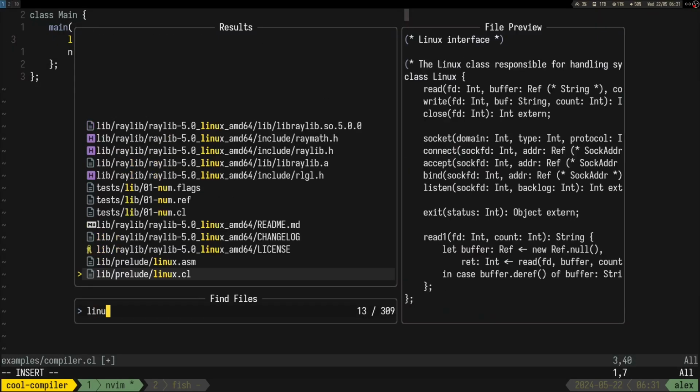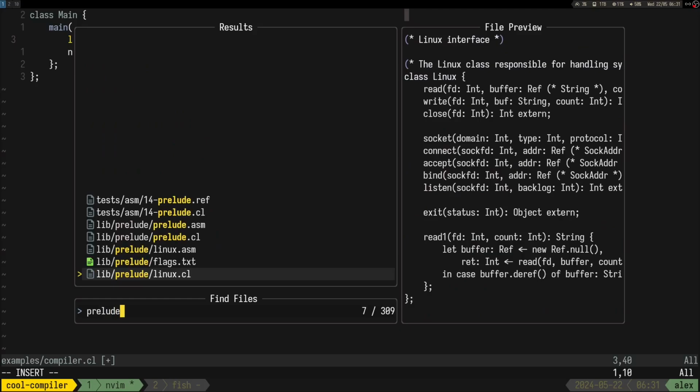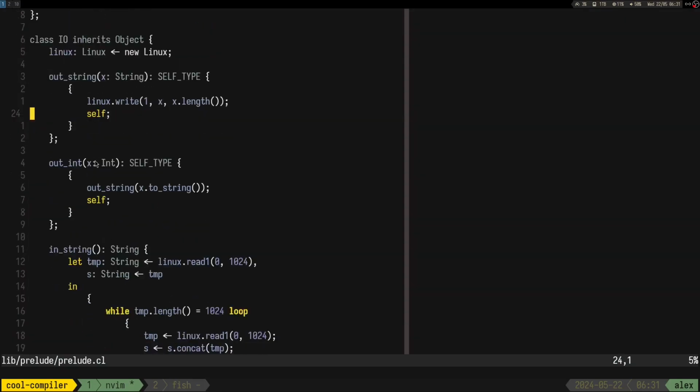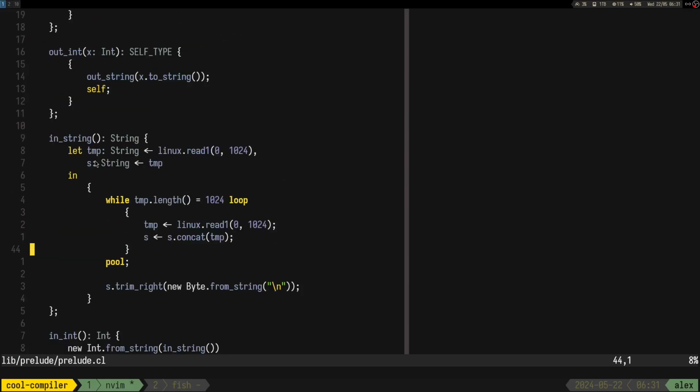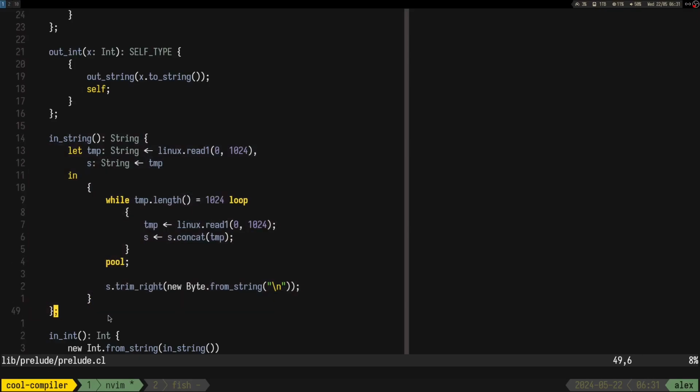But I mean, there's also inside of prelude, in_string, I think it reads until new line though, so that's also something.